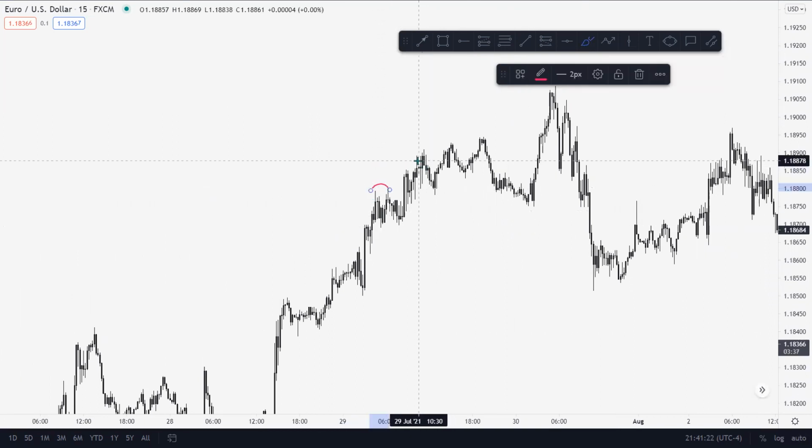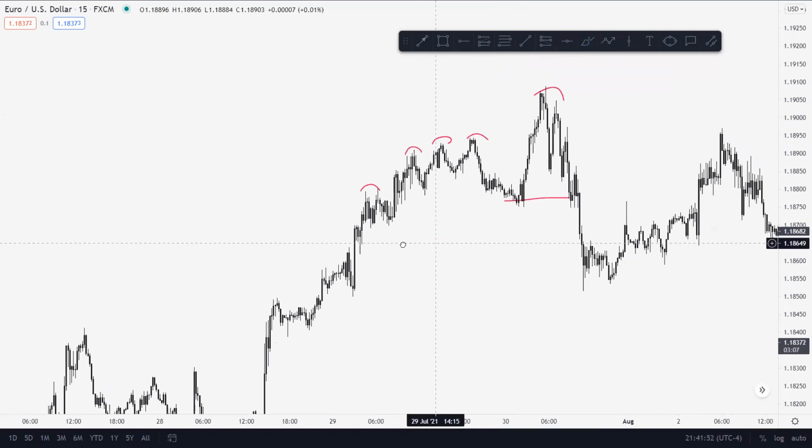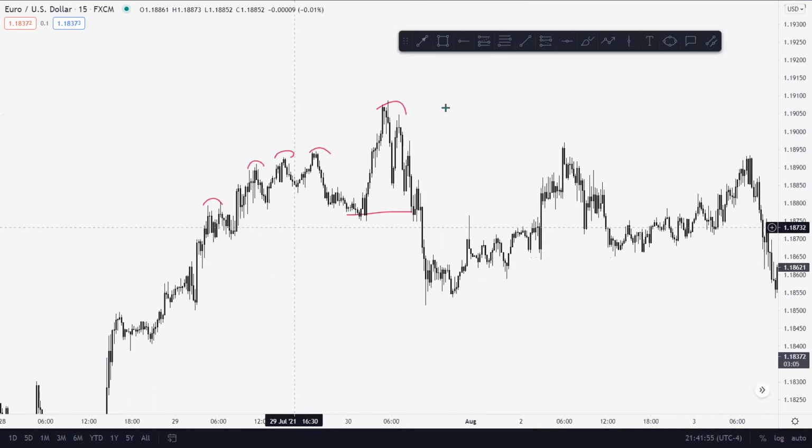I didn't even mark this up, but preliminary supply, buying climax, right? And then we had an ST, an upthrust, and a UTAD. So preliminary supply, buying climax, ST, upthrust, UTAD, BOS here, right? Break of structure, very clear. So what are we looking at here? So here we see that we had a clear BOS, right? And again, I didn't even mark this up as a schematic. I wasn't even paying attention to it.